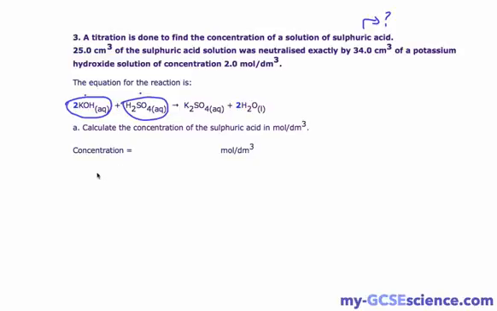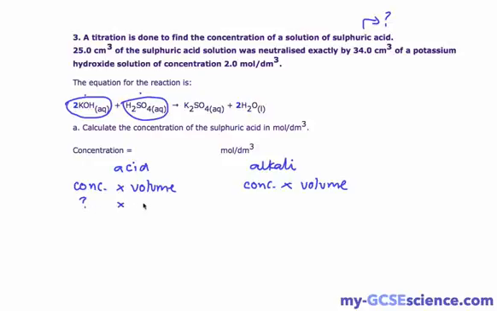So again, we can use what we used before, and there it is. Here's our acid. Our acid concentration is unknown. We have a volume of 25 given to us in the question, and for our alkali we have a concentration of 2 moles per decimeter cubed and a volume of 34 centimeters cubed. So we can just do what we did last time. So this is 68, and to do our calculation we can just say question mark equals 68 divided by 25, and that gives us an answer of